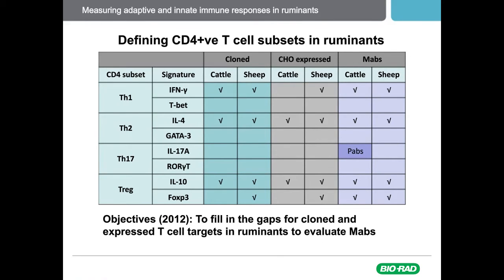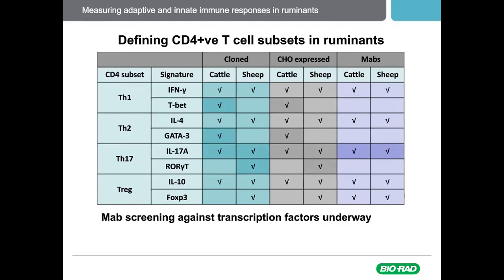So if we go back to our table of where we started at the beginning of this grant with our capability to analyse these different CD4 positive T cell subsets in cattle and sheep, this is where we've progressed to at the end. So the first thing, you can see highlighted in the boxes, is that we've greatly improved our ability now